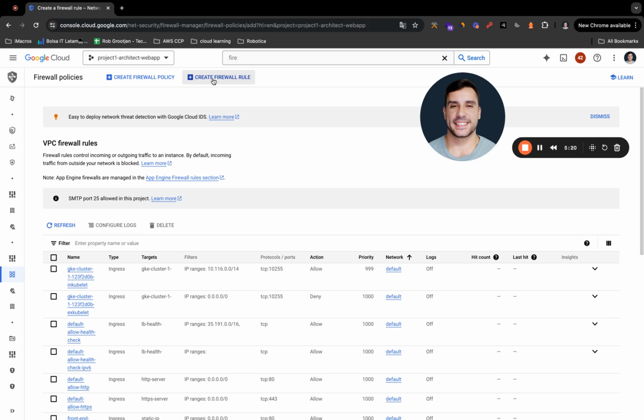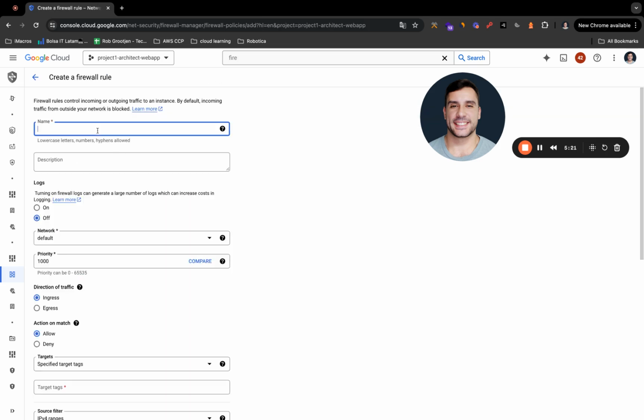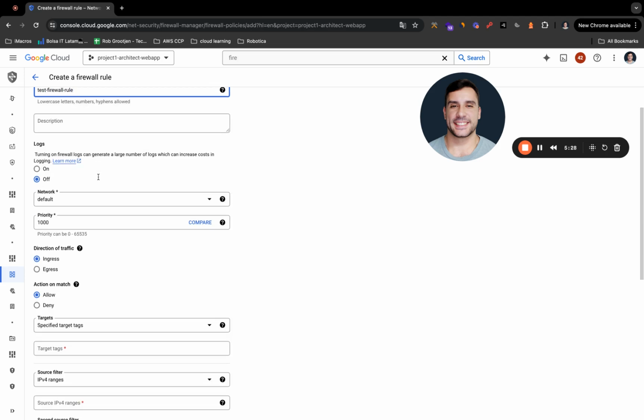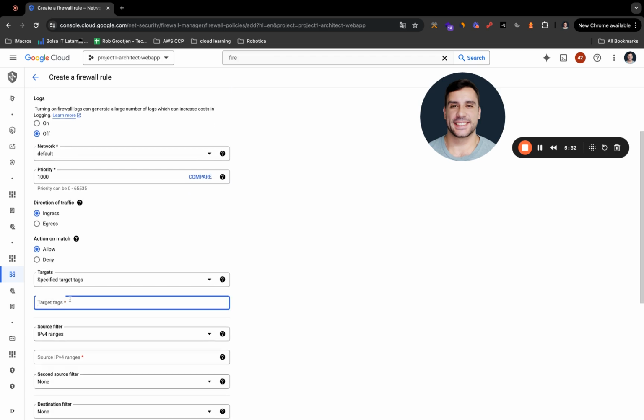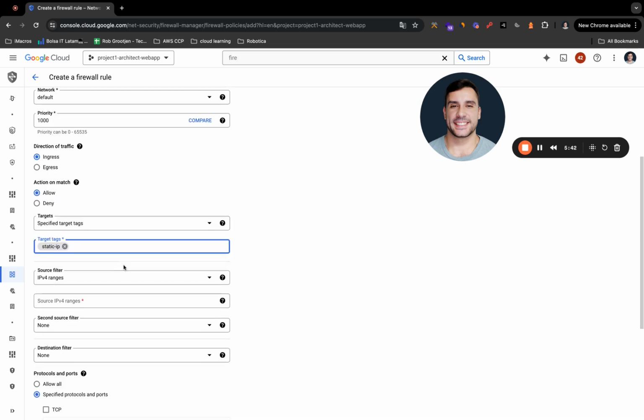Click on create a firewall rule. And here just name it test firewall rule. Okay. Here, leave everything as default. Just here, target tags, add static IP, the tag we used as well to set up the network for the template. If you remember, here you're gonna put